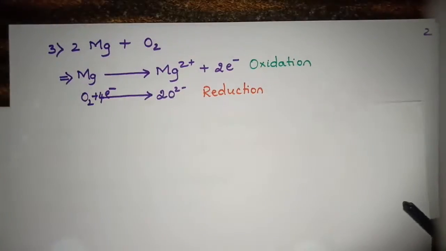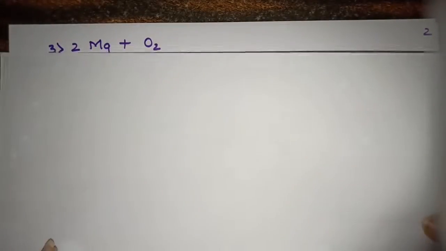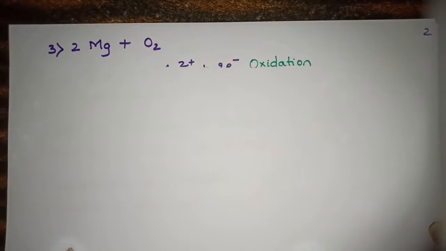Now let us consider the first equation, which I am sure you all would have learnt, 2Mg giving rise to magnesium oxide. A pretty good equation. I am sure when we burn magnesium strips, it burns with that bright white light to give us that white powder, which is the magnesium oxide. Now this whole reaction can be written in two reactions. Let me tell you what is happening at the